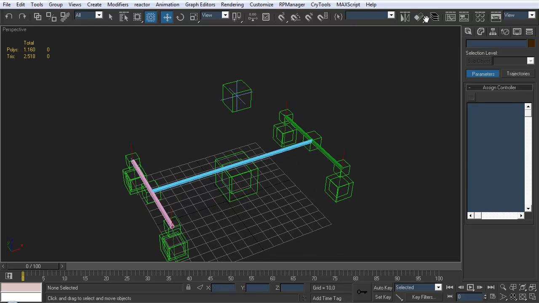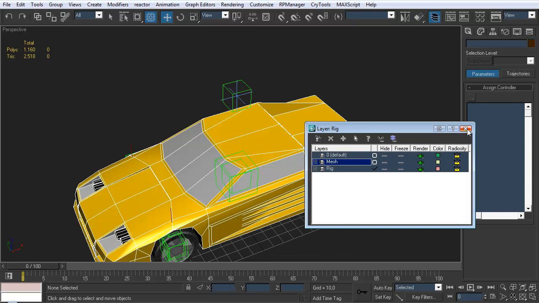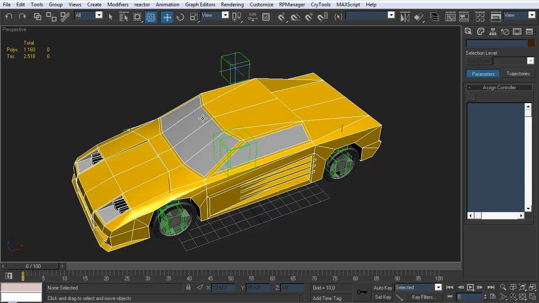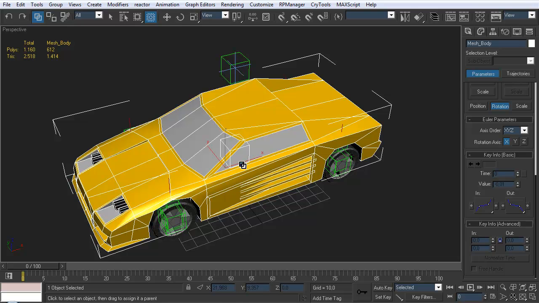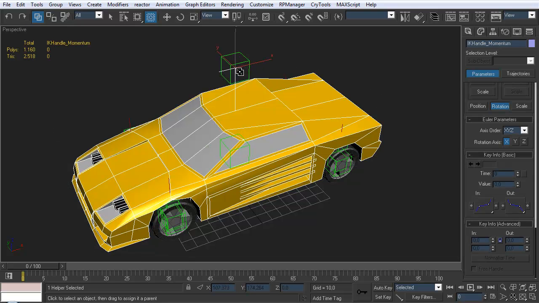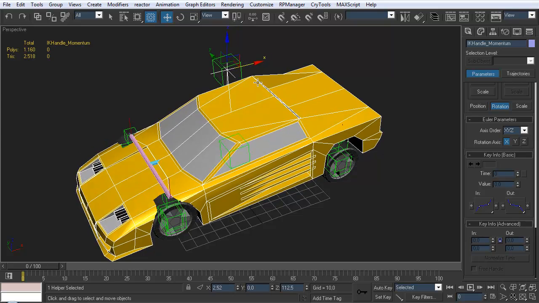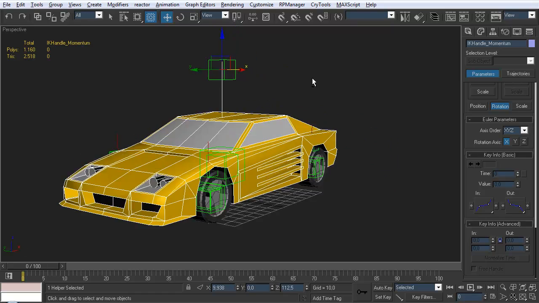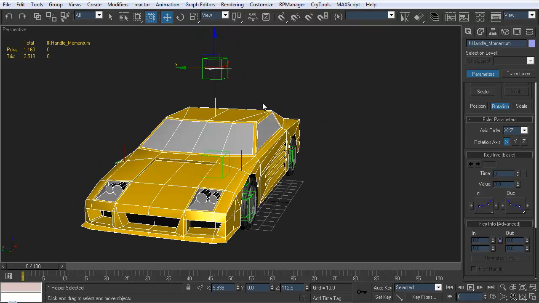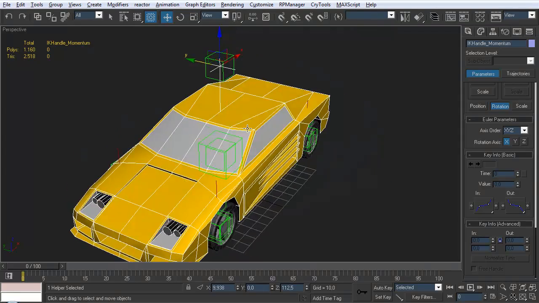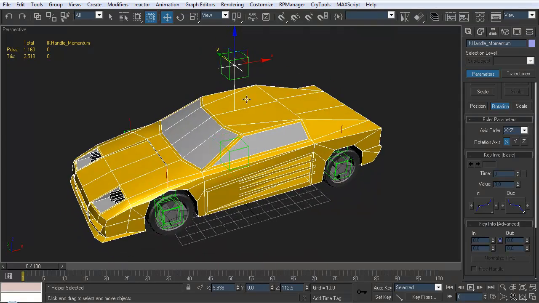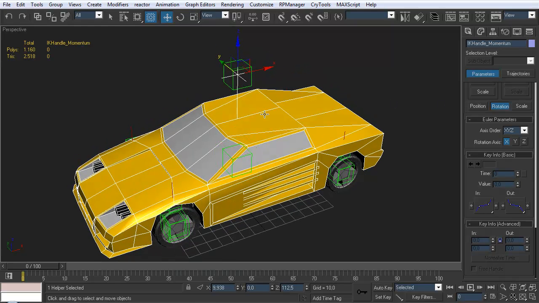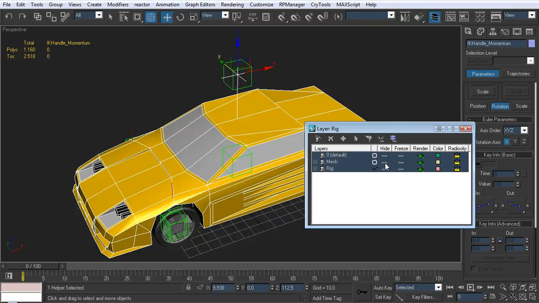So let's test the system out. We're going to unhide our mesh, and instead of linking it to the susp dummy, we're going to link the body to the momentum. There we go. Select the handle, and immediately it's obvious that even the slightest movement pushes the car into extremes. You want to make this a lot easier to use, so we want to dampen the movements from the IK handle a lot more. I'm going to build a special system for this again, so more components, hide the mesh,